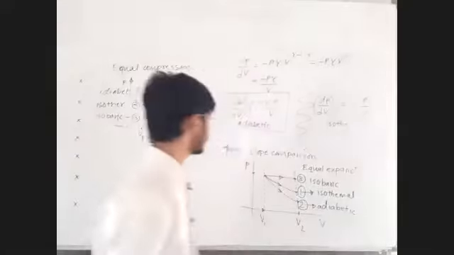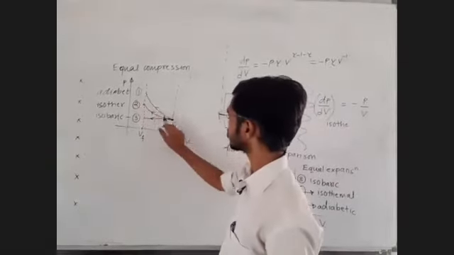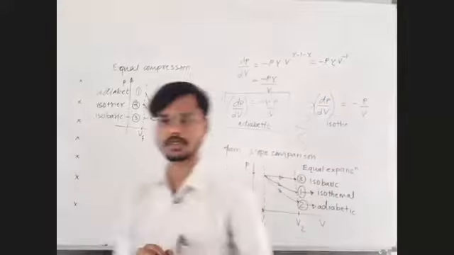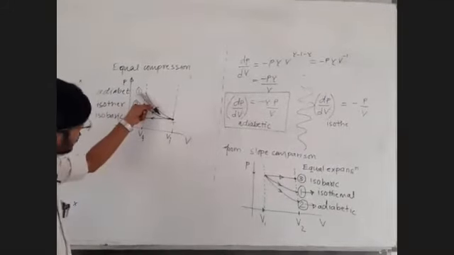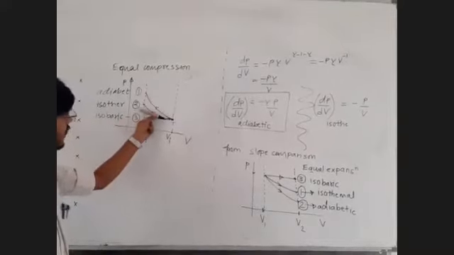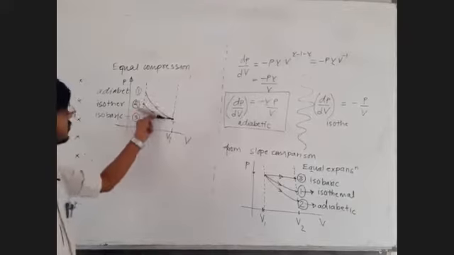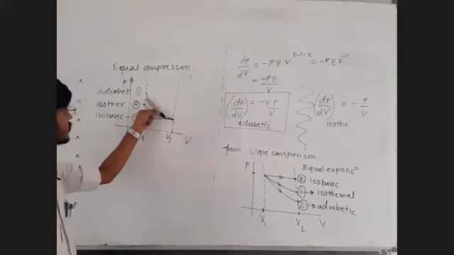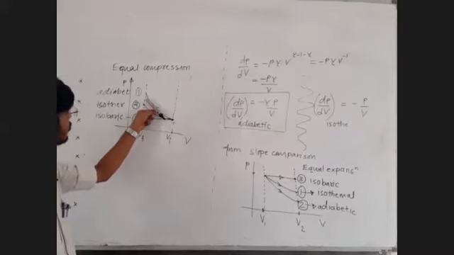All right. So write down, this is curve number 1. If you draw the tangent at a given volume, this tangent is steeper than this tangent. More steep means more slope. So slope number 1 is more. Slope means steepness. This tangent is more steep, this tangent is less steep. So more steep means more slope, numerical value of course.